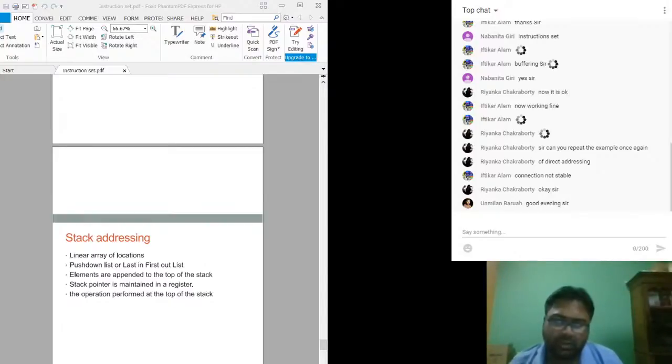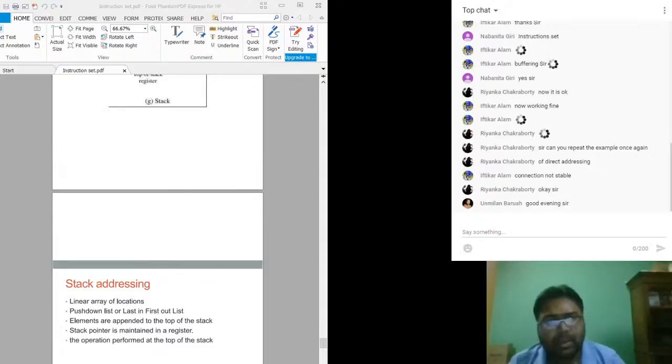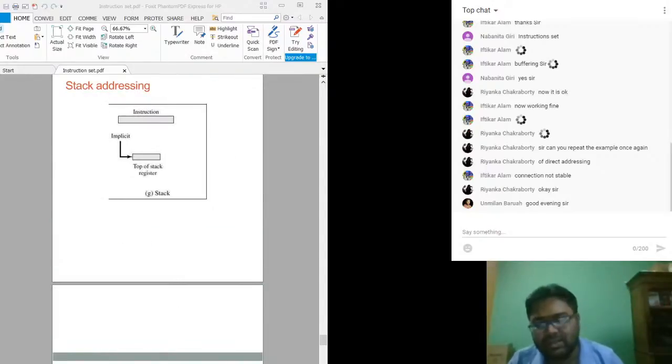Push some value, so it has got some address FFF. Backwards from that, it starts storing the values. And you have also seen that there is an SP, stack pointer, inbuilt in your CPU, which will contain the value for the top of stack. So it has implicit addressing, meaning it does not require any address; whatever is there will be pushed or stored on top of the stack. So this is your stack addressing.